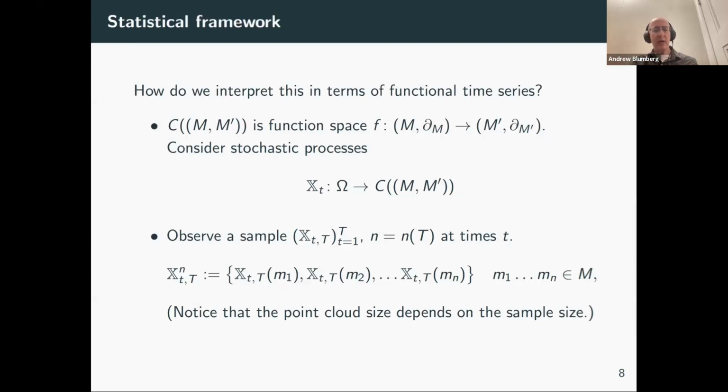One thing to note here is that, for technical reasons, and by technical reasons I mean to make the analysis tractable, in this framework we imagine that the size of the point cloud is a function of, and usually a growing function of, the length of the time series. And so we can think of this as sort of an upper triangular array, which I'm saying to give you a sense of what the asymptotics are supposed to look like. Okay, so this is the theoretical move, which is that we think about our point clouds as the images of functions, and the stochastic objects that we're studying are the functions.